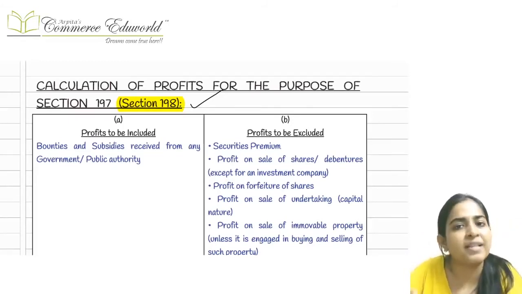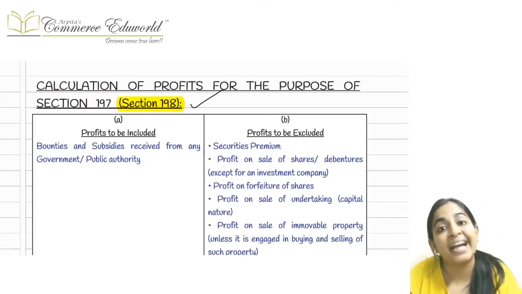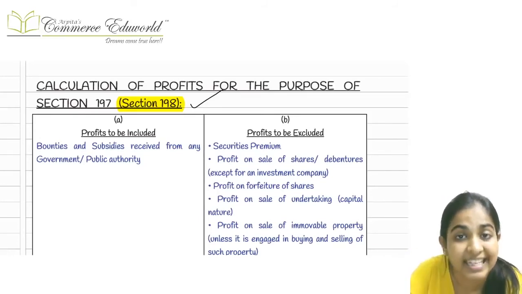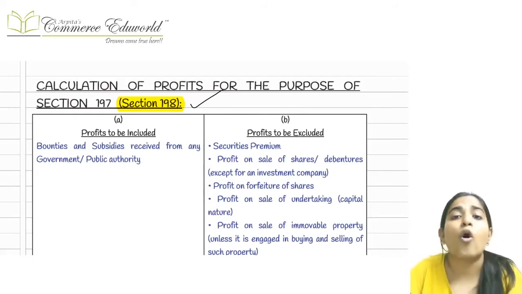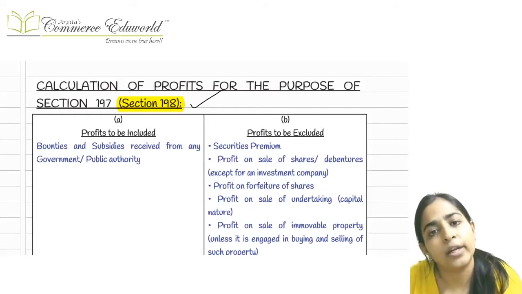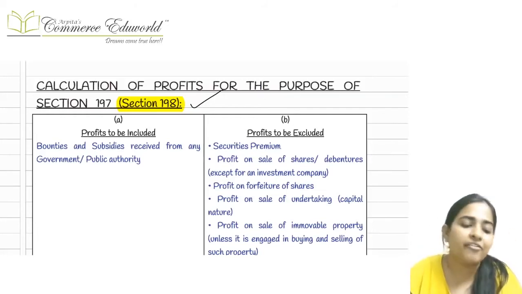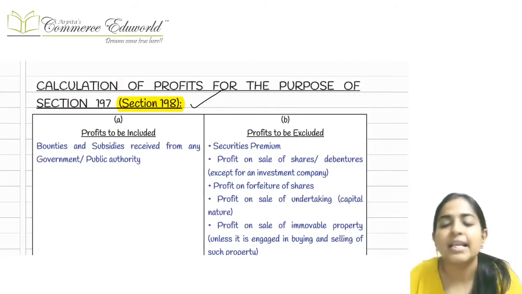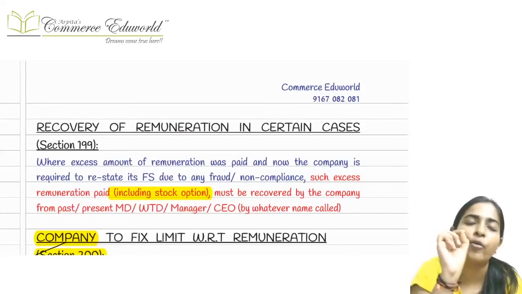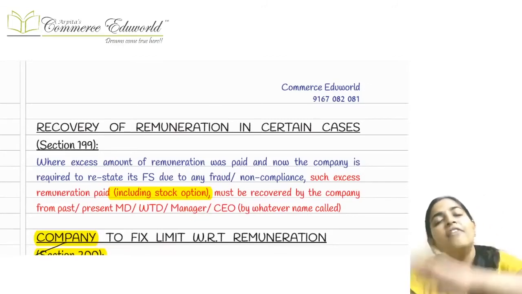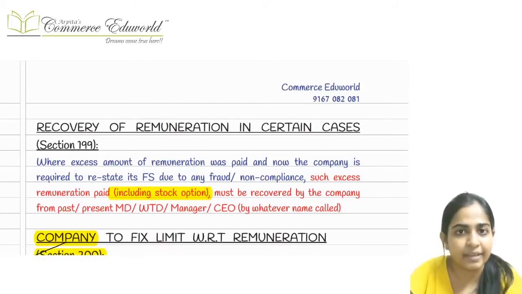All the capital expenses or the non-business expenses will be added back. Basically, those will be disallowed. All the revenue incomes will be taxable and all the capital incomes will be excluded. After doing all those listed adjustments, you need not learn this by heart, whatever net profit you get is your net profit under section 198, which you are going to use for the purpose of section 197.